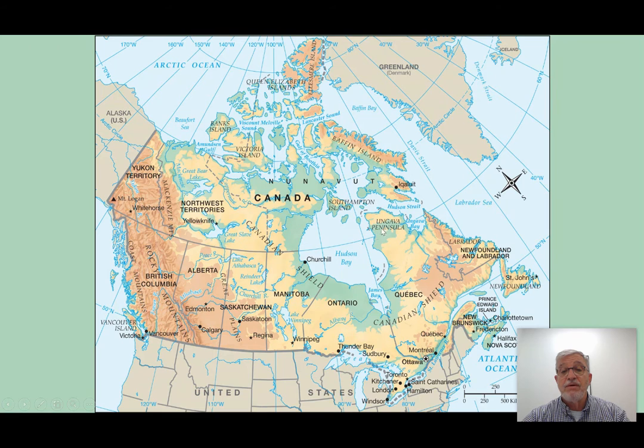Now, right here is the only place where you have a province that's north of the 60 degrees, and that's going to be just a little bit of Quebec. And you can see just a little bit of Labrador right here. Everything else over here is the territory of Nunavut. Let me emphasize again, guys, that these three are territories. These are provinces. These three carry territory status in Canada.